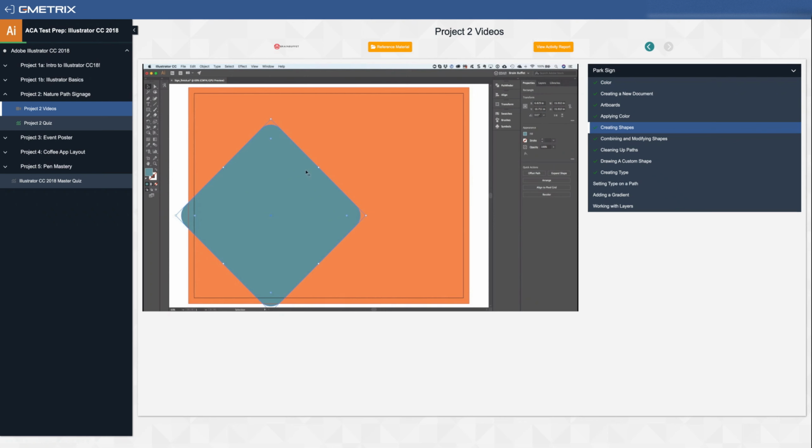Now, in the event that you only wanted to round, say, one of the corners, let's go ahead and undo that. What you can do is switch over to your direct selection tool. And if you click on only that anchor point, you're going to see that you have a widget only for that particular corner. So I can click on that and drag,